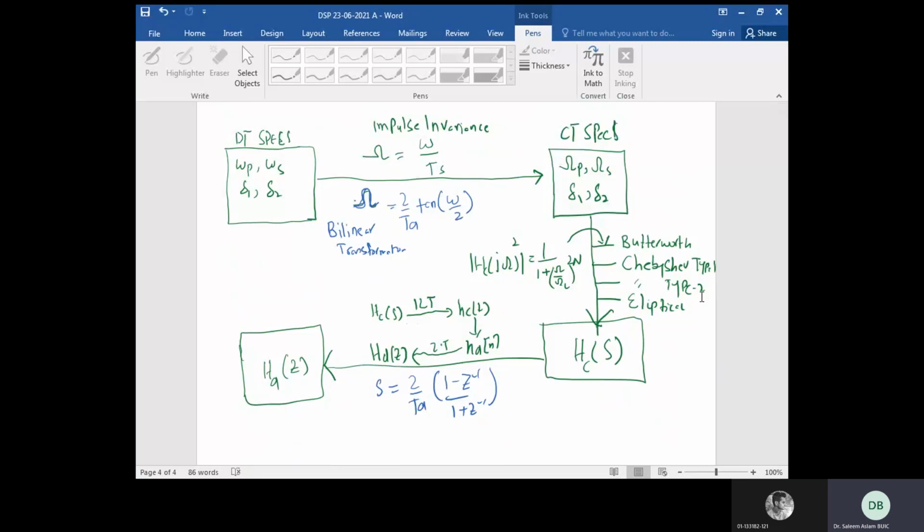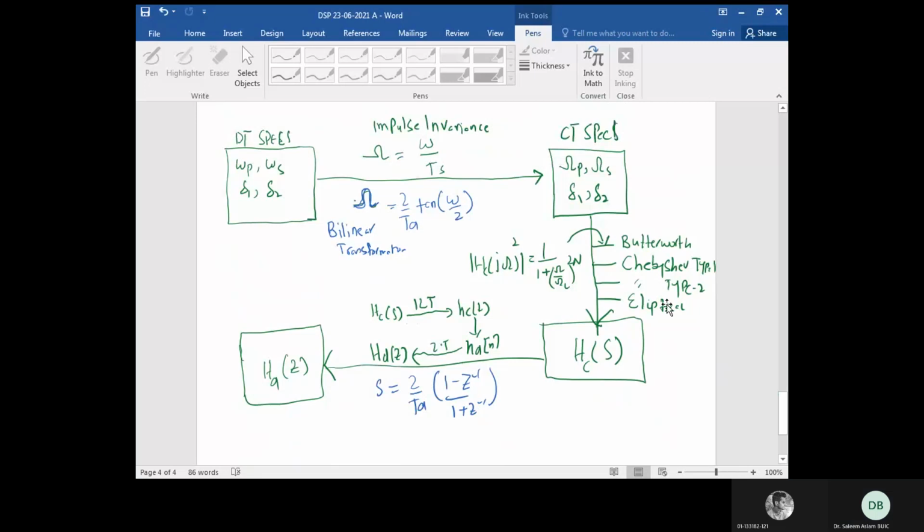And there are 2 conversion or transformation techniques. One is the impulse invariance, the other one is the bilinear transformation. So don't try to mix transformation and design techniques. Bilinear and impulse invariance are not design techniques, they are transformation techniques, and the rest are design techniques. One more point to stress: OpenAIM only stressed the Butterworth design technique in chapter number 7. So it means you have to consider only the Butterworth design technique for this course, right?